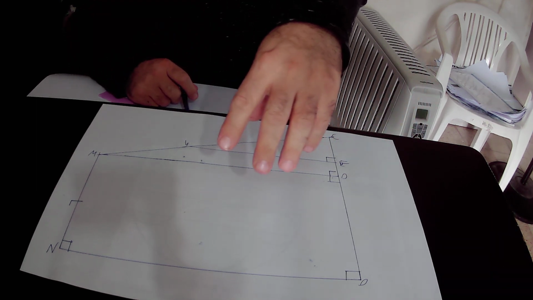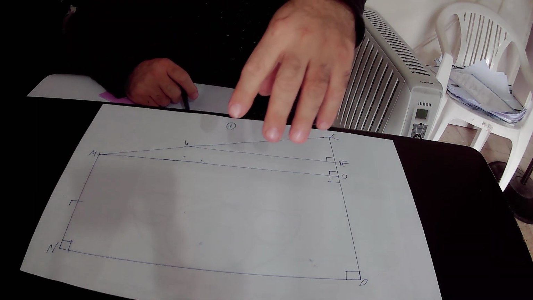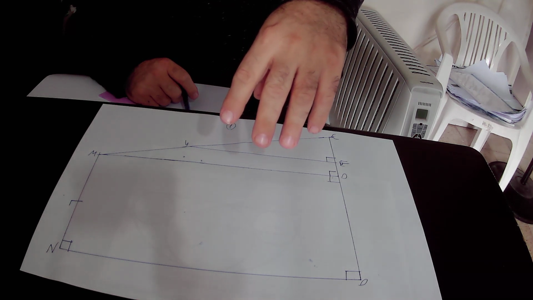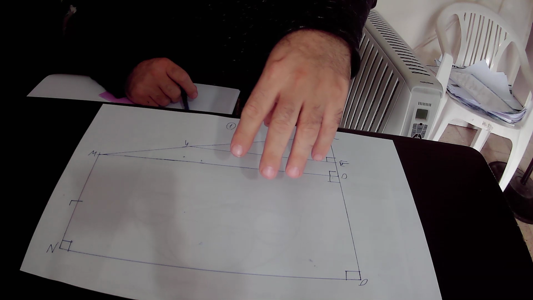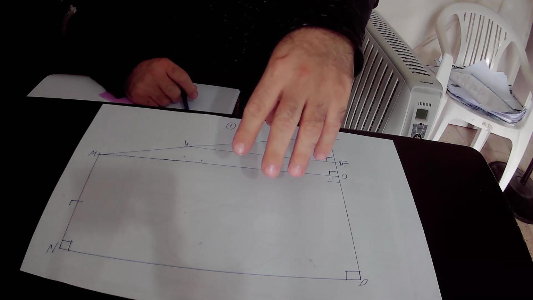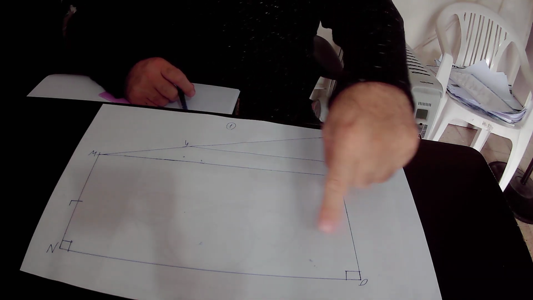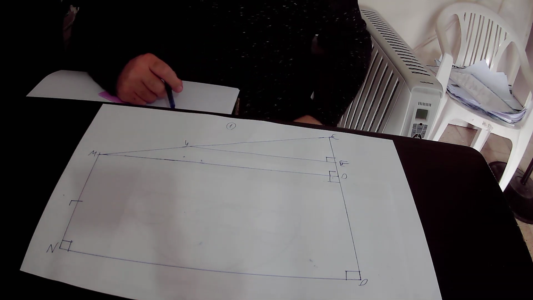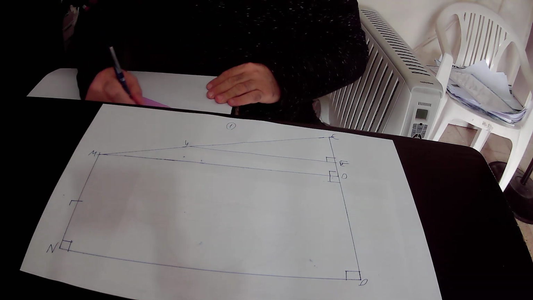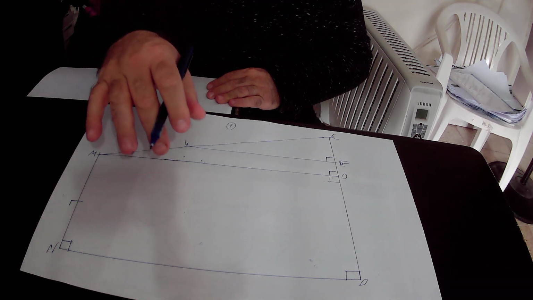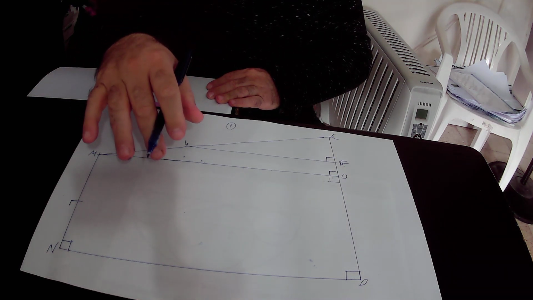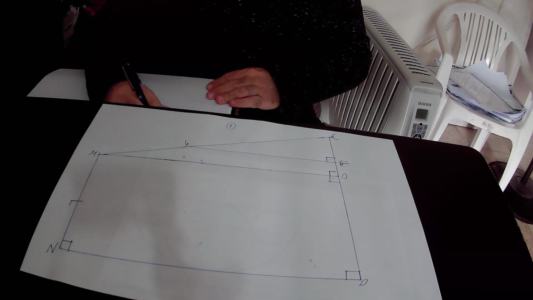Actually, this quadrilateral MNDO has three right angles, 1, 2, 3. We write it down. Perpendicular quadrilateral MNOD